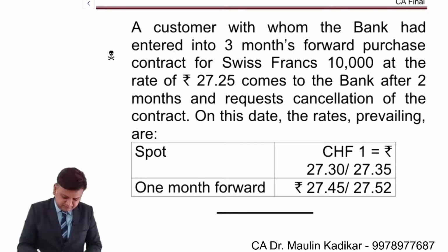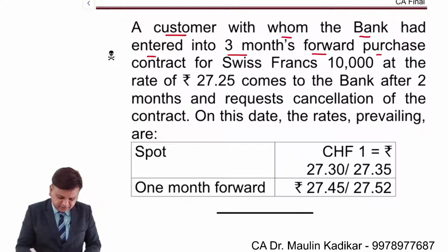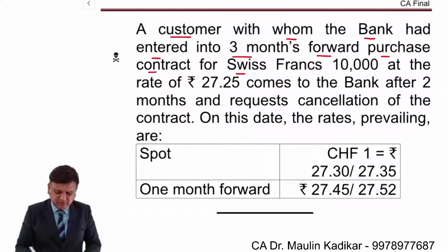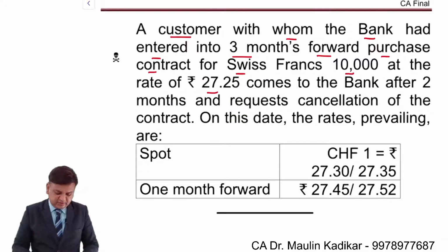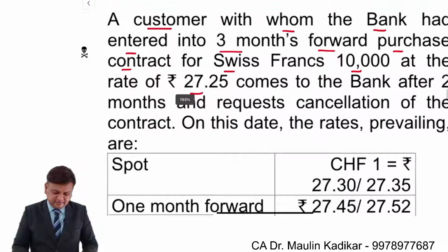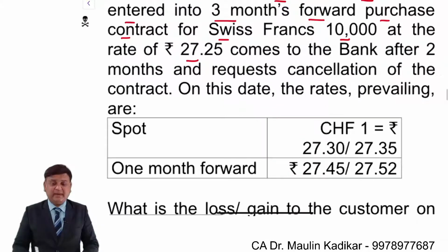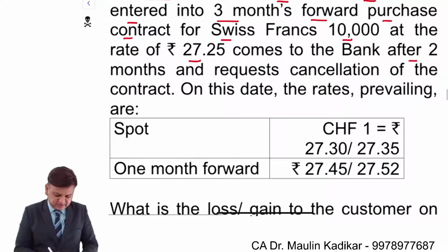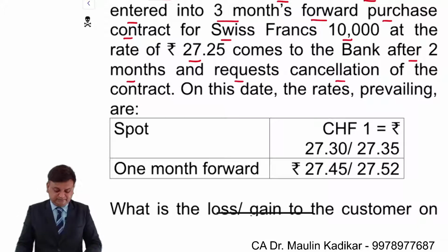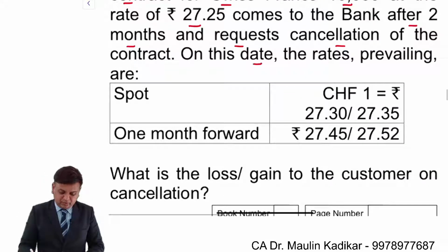A customer with whom the bank had entered into a 3 months forward purchase contract for Swiss franc 10,000 at the rate of 27.25 comes to the bank after 2 months and requests the cancellation of the contract. On this date, the rates prevailing are: